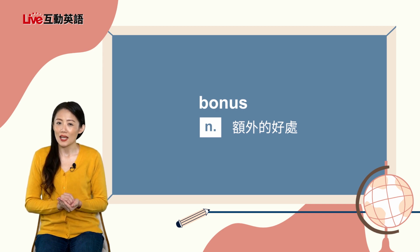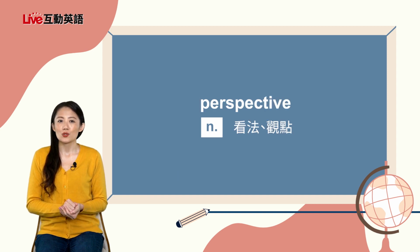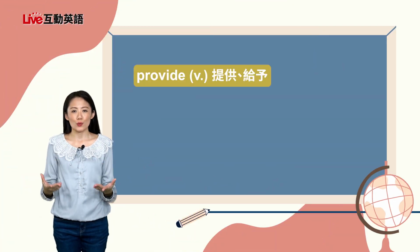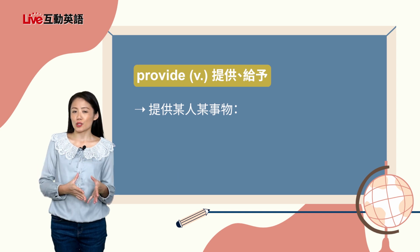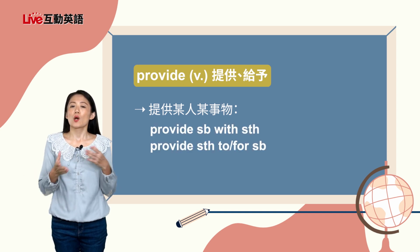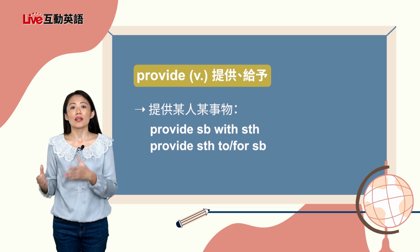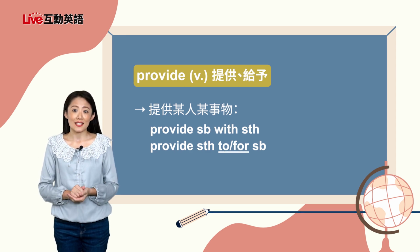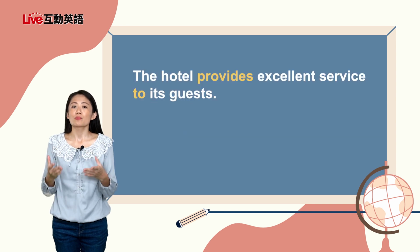bonus，bonus 是名词，可以表达额外的好处。还有用到 perspective，它是拼作 perspective，perspective 表示这个看法或是观点。那这边两个重点，我们进入文法时间。好，我们来看第一个重点是动词 provide，表示提供、给予。那要表达提供某人某事物，我们可以用 provide somebody with something，或者是 provide something to somebody 或者是 for somebody，这边就要注意它的介系词不同。像 The hotel provides